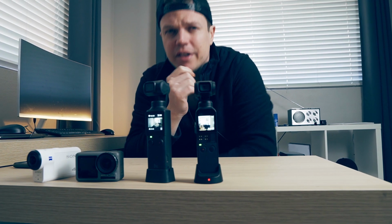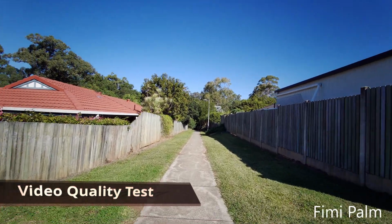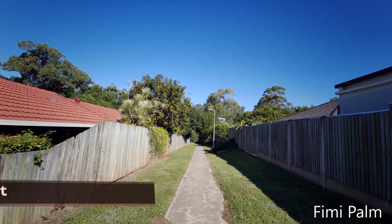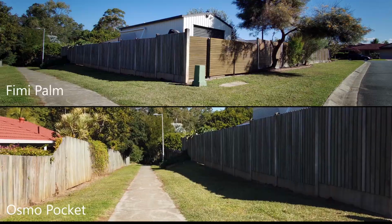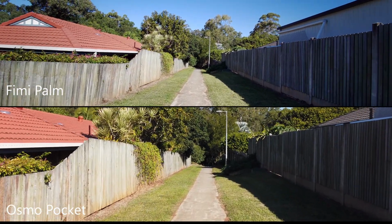So let's get started. So here we go with a Fimi Palm, 128-degree field of view. Let's check the video quality. The colors look nice and it is a little bit less sharp than the Osmo Pocket, which we'll switch to. And you can see the colors look a little bit more natural and it is the sharper image. If we compare these two, they are quite similar, but the field of view on the Fimi Palm is a